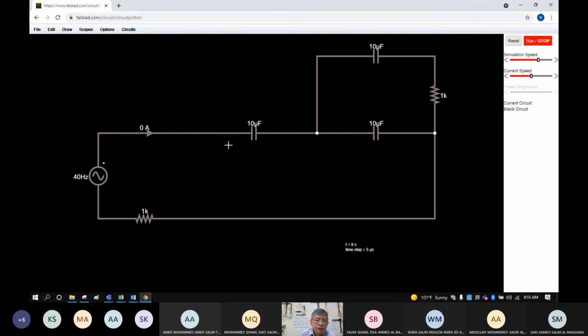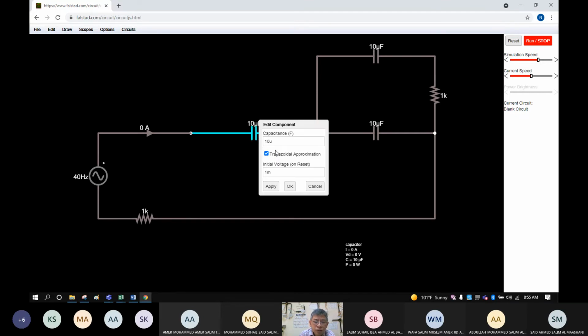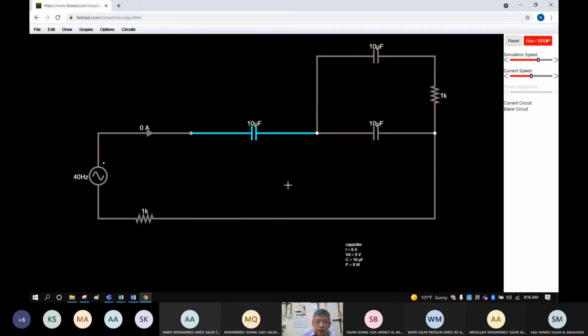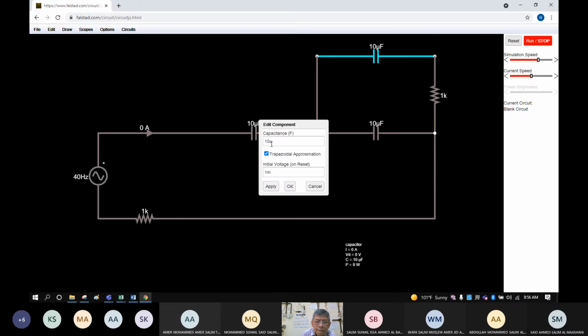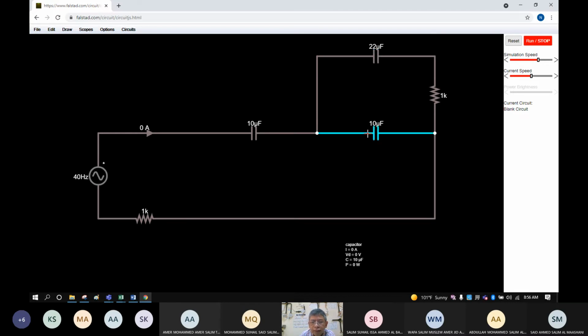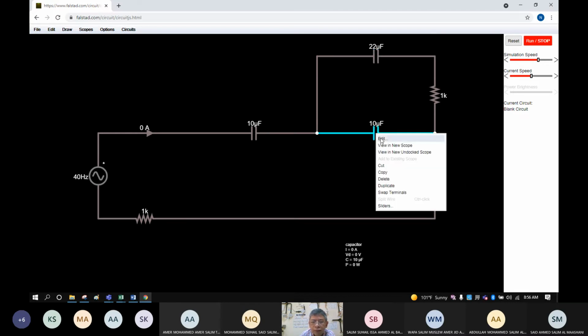Okay. So next procedure, we will change this to 10 microfarad, 0 volt. Then this is 22 microfarad, 0 volt. Click OK. How about this?